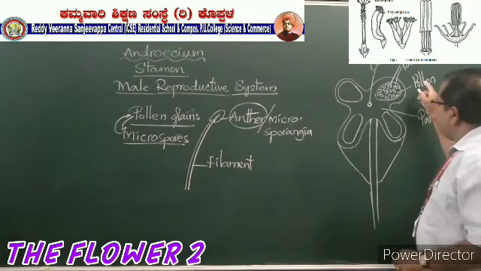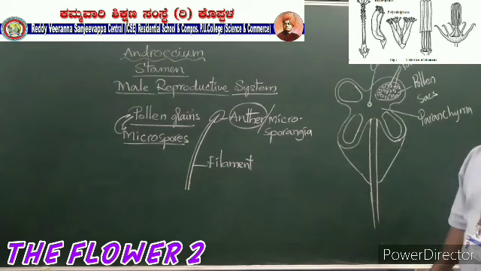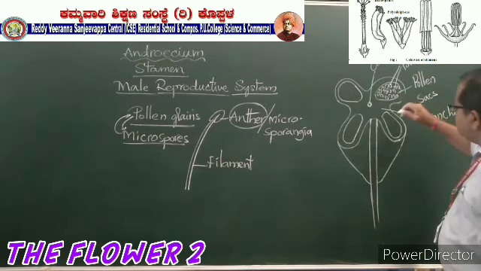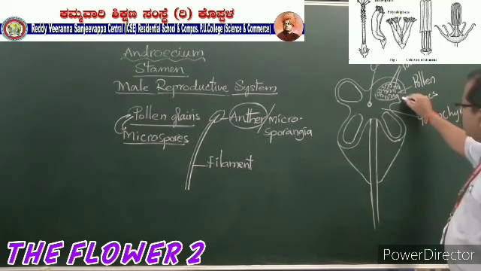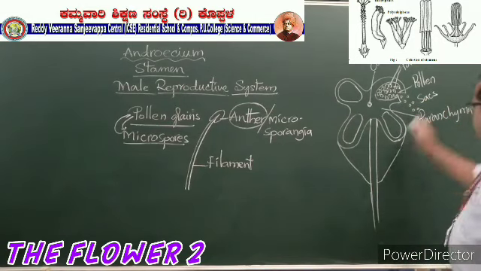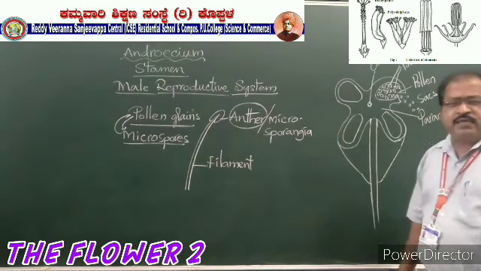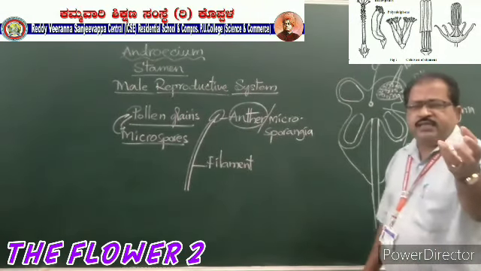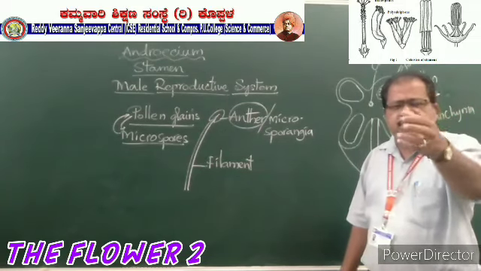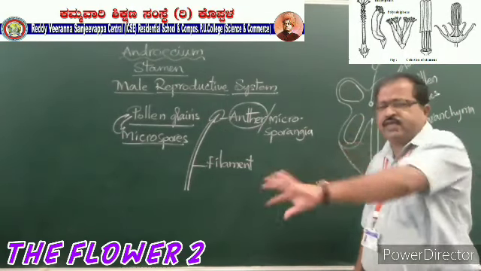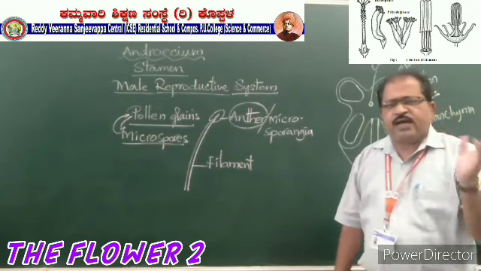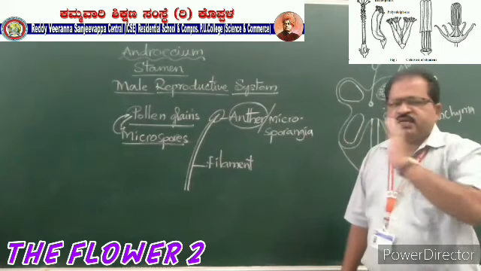When these pollen sacs are matured, they will rupture and open, so the pollen grains will fall down. They will be carried by biotic agents as well as non-biotic agents. We will discuss this topic next: pollination, the transfer of pollen grains from anther to stigma. We will discuss that later.